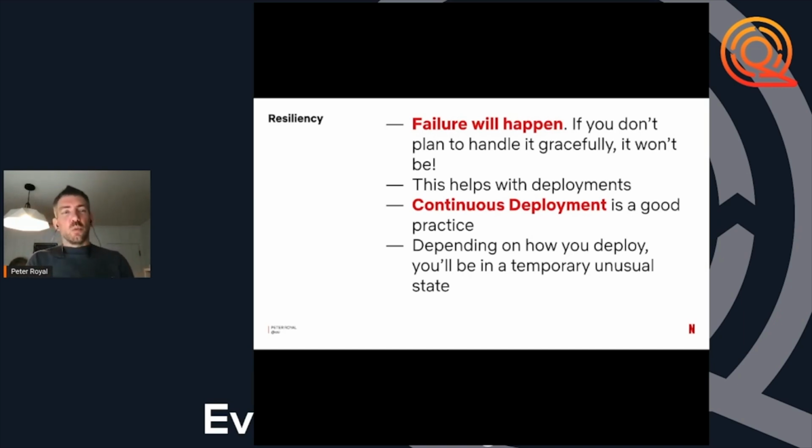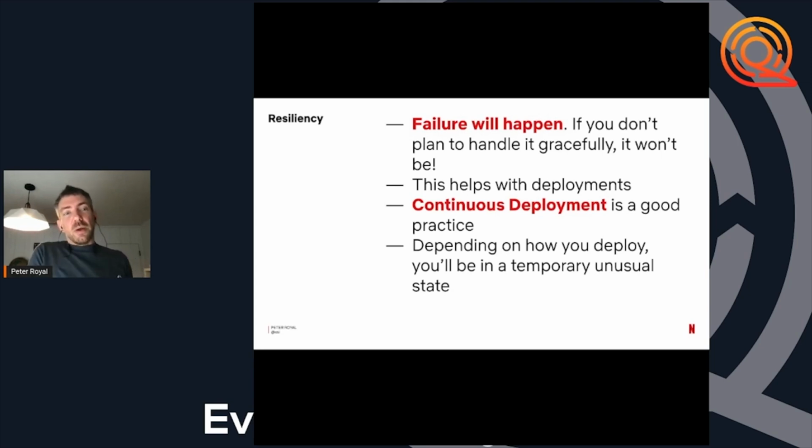You might think, I don't need to worry about resiliency as much because we only have a few things and we take care of it. But this also relates to self-inflicted downtime, which I don't think people consider as much. The big one being deployments. Whenever you deploy your system, how is that akin to the system crashing in a very temporary way?